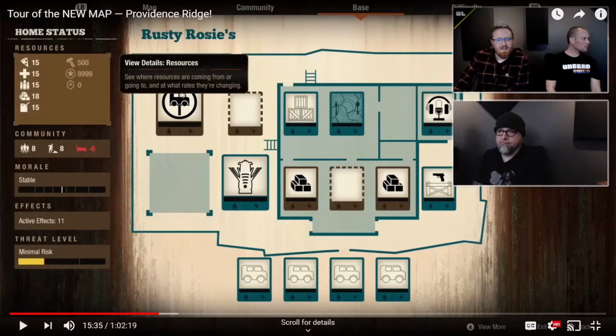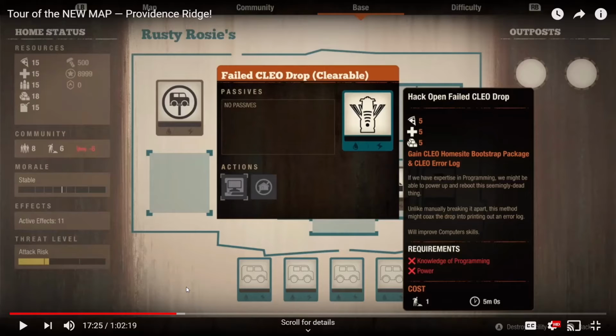There's 1 small outdoor slot, and you've got a couple of semi-unique facilities. This one is definitely unique to the new map. It's a failed Clio drop, and you've got 2 ways of clearing that out because it doesn't actually do anything in and of itself. Once cleared, it'll provide you with 5 food, 5 meds, 5 building materials, a Clio home site bootstrap package, and a Clio error log if you happen to have somebody with the knowledge of programming, and it does take power as well. So if you don't have someone with programming, and you don't have access to power yet, maybe you're doing it without boons, you haven't got an outpost, or you haven't got a facility put in, for whatever reason,